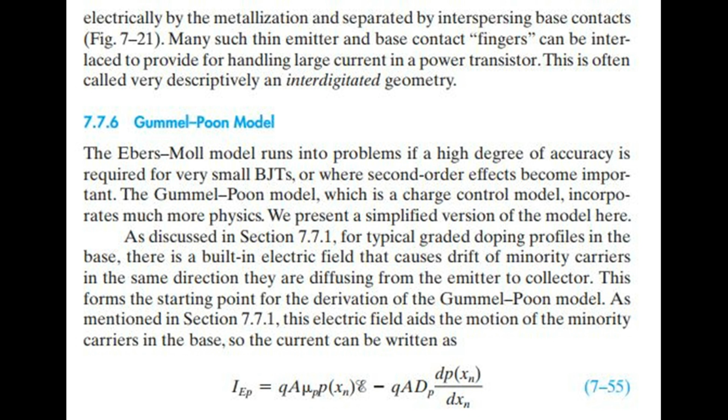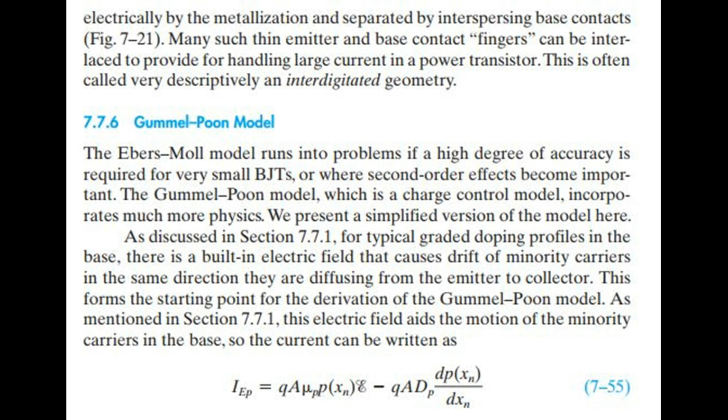As discussed in section 7.7.1, for typical graded doping profiles in the base, there is a built-in electric field that causes drift of minority carriers in the same direction they are diffusing, from the emitter to collector. This forms the starting point for the derivation of the Gummel-Poon model. As mentioned in section 7.7.1, this electric field aids the motion of the minority carriers in the base, so the current can be written as